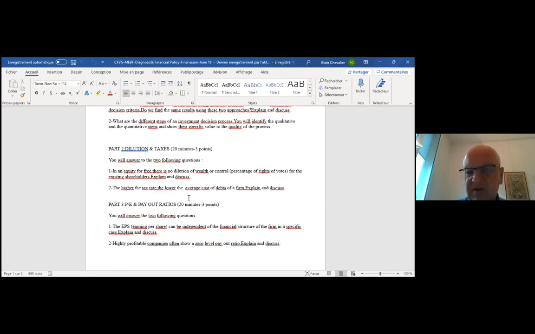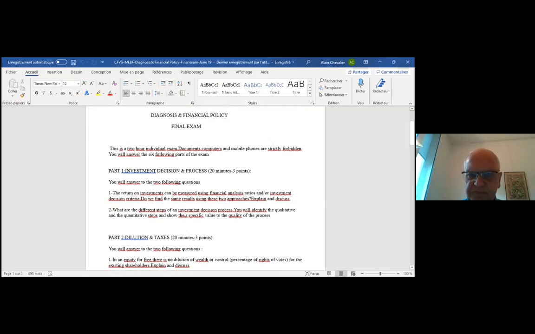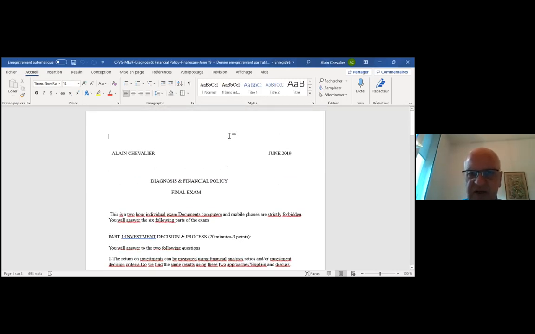Because you have only 10 minutes to write, the main points. So we don't have to go through all these explanations, but to summarize what is the situation for a profitable and a non-profitable firm, what is the difference, and what is the contradiction between the two categories of incentives. That's what you really need here. So we were here, part 2, question 2, in this June 2019 exam.